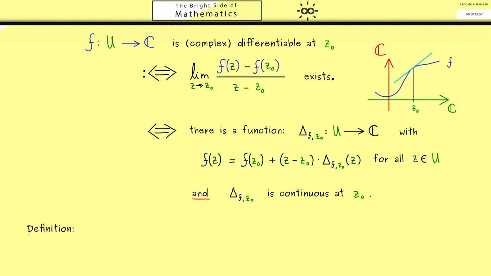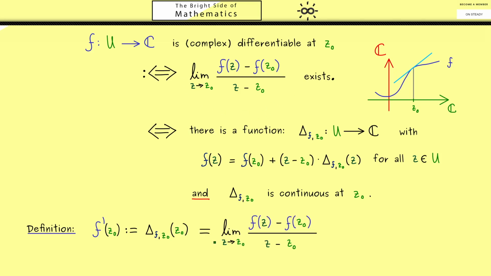However, here we finally should define the derivative of the function f. This is not so complicated because now we have everything. Moreover, you might already know the derivative is denoted with f prime. And then in parentheses we write the point z0. And now by definition, the value of the derivative is simply the output of the delta function we get when we put z0 into it. And now because delta f,z0 is a continuous function at the point z0, we can calculate this number with a limit. Namely, simply this limit here. Or in other words, it's simply the same thing.